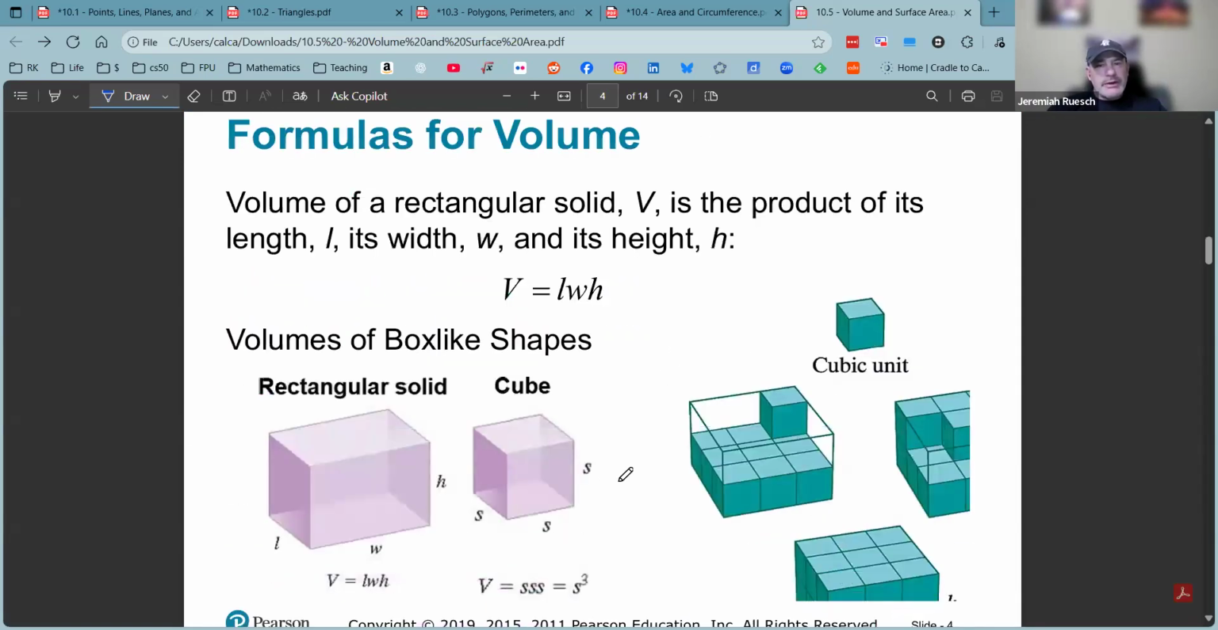Okay. So as we talked about earlier in the unit, volumes are how much stuff is inside. We talked about a cubic unit. And before we were counting them individually, now we're going to be able to calculate what they are. So here's some simple examples. The volume of a rectangular solid, like a box, is length times width times height. And if we calculate those, then that means that's how many of these cubic units we can stack